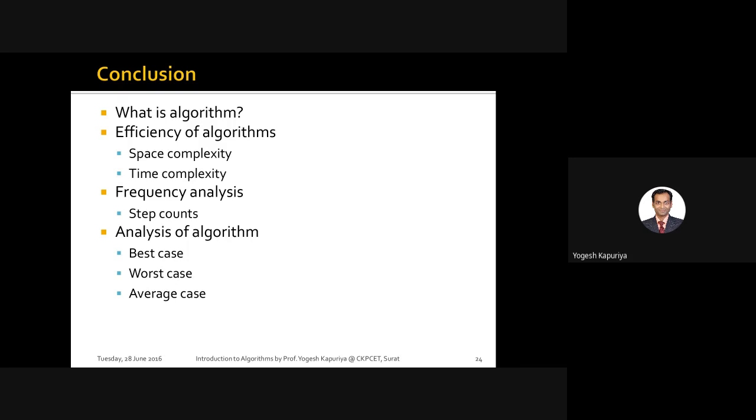When you are solving a problem, you always have multiple ways to do it. So the same problem can be solved in different ways. That means you have a single problem but multiple algorithms available for it. So when you have multiple options, you are always going to consider the optimum one, the best one.